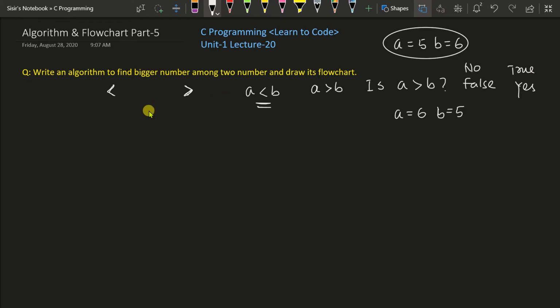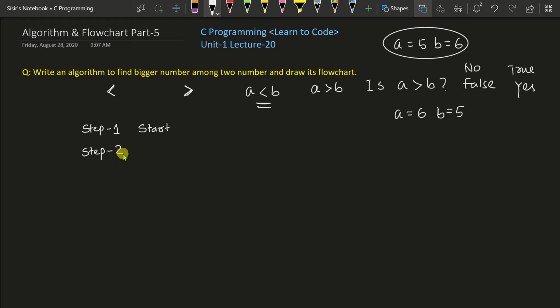For that the algorithm must contain a statement to read two numbers from the user, is it not? So let us start the algorithm. Step 1 will be start. This is the standard. We have to write start at the beginning of the algorithm and stop at the end of the algorithm. Why I am writing this was already discussed in previous classes, so you can go and watch the previous videos and you will be able to understand why I am writing start and stop.